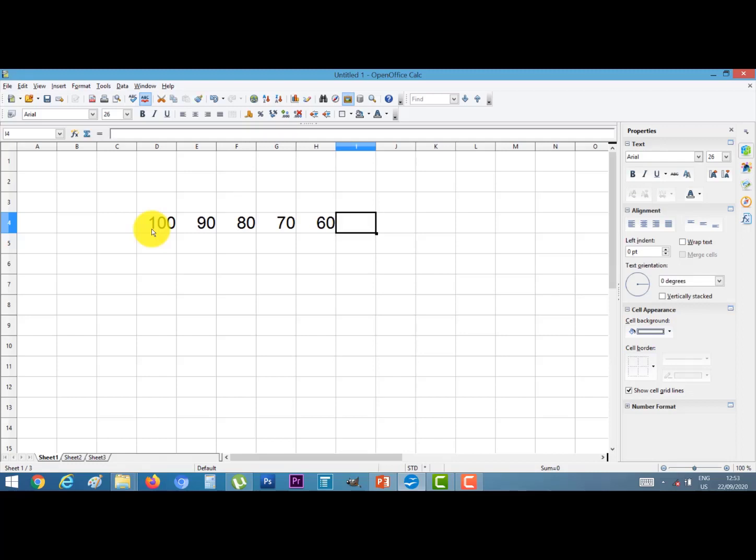Now I want to add these numbers in the column of J. We always start the formula with the equal to sign. Equal to sum, bracket start.